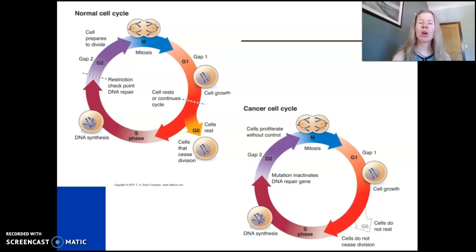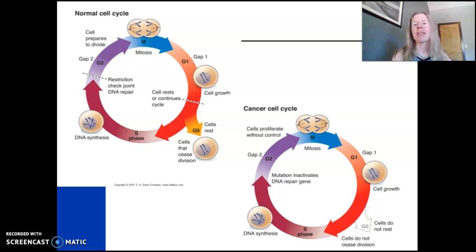So those proto-oncogenes can mutate into what are called oncogenes, cancer genes, and that would cause the cells not to be going to rest and just kind of continue pushing for mitosis, division, division, division. But that's not enough to cause cancer. You also need mutations in what are called tumor suppressor genes. These are the genes that would put the brakes on cell division, right? And say, maybe at this checkpoint, wait, your DNA doesn't look right. We shouldn't undergo mitosis. And so you need mutations in those tumor suppressor genes in order for the cell to kind of override that checkpoint and keep moving towards